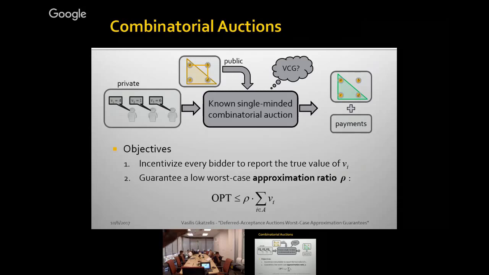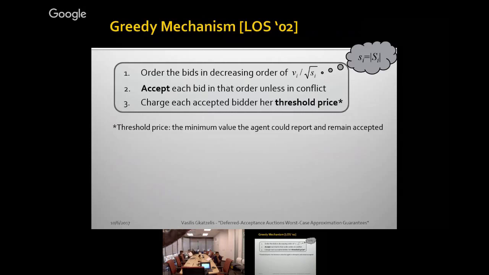And in fact, this exact limitation that I'm describing here was the motivating reason that gave rise to one of the first, actually, probably the first algorithmic mechanism design paper by Lehmann, O'Callaghan, and Shoham in 2002, where they said, okay, let's look at the setting, single-minded bidders. Let's try to solve this, come up with a truthful mechanism. People should tell the truth. And we give an approximation of the optimal social welfare. And they suggested this simple greedy algorithm, where they're saying, just take the bids, ask everyone's value. So they report their values, and we order them based on this simple scoring function. Their value divided by the square root of the size of their bundle.